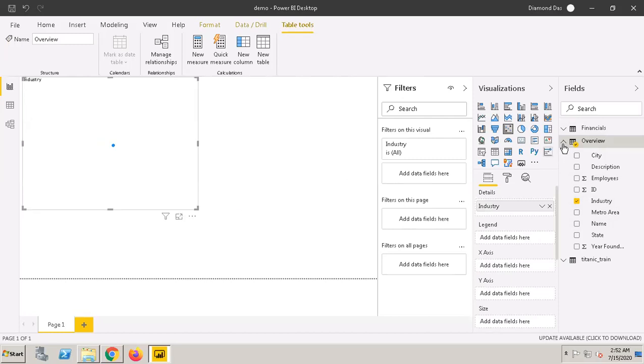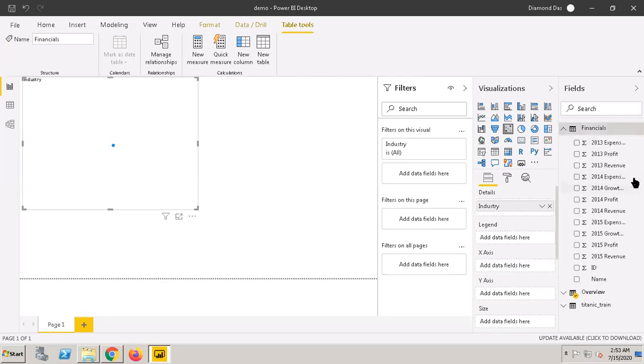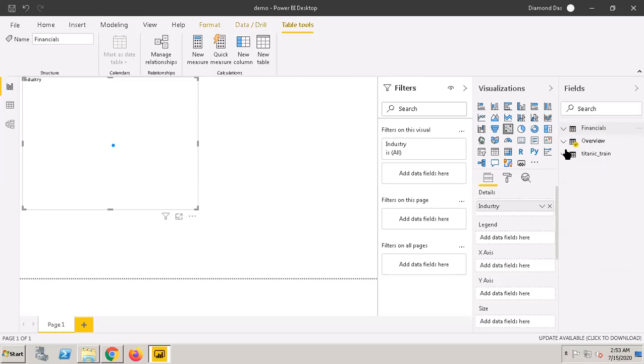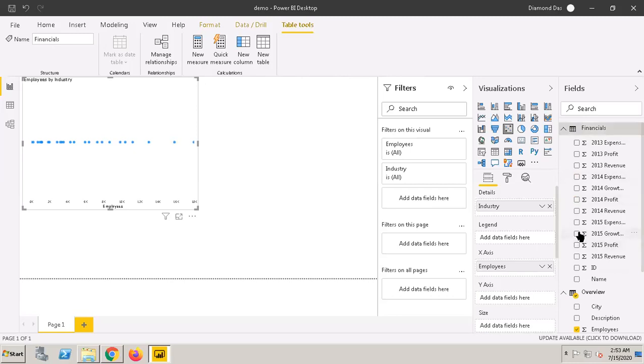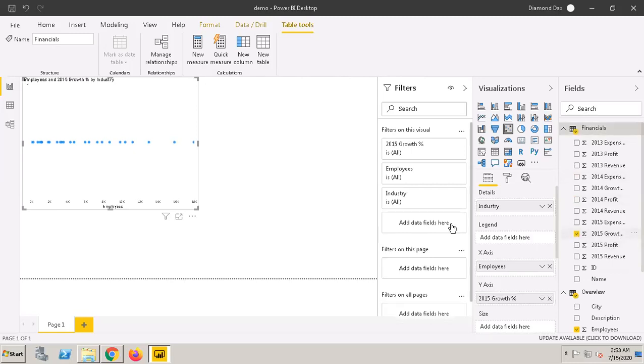On the x-axis I'll use employees, and then 2015 growth as the y-axis. So now I have started making some sense.